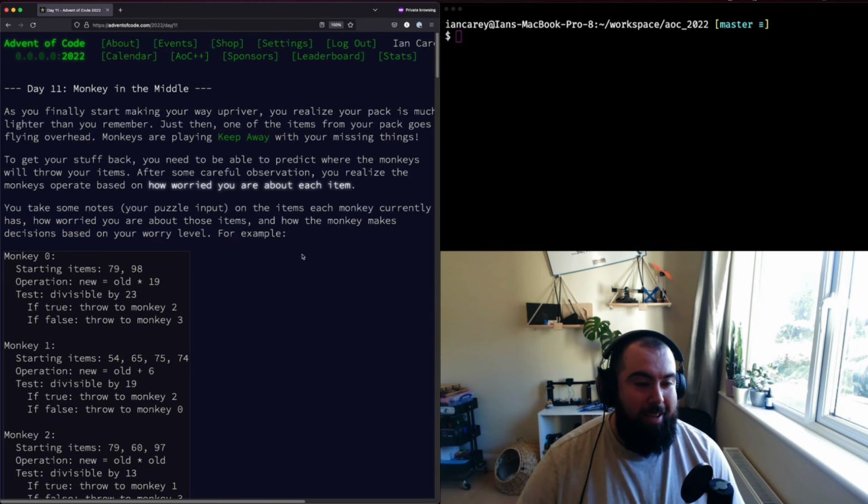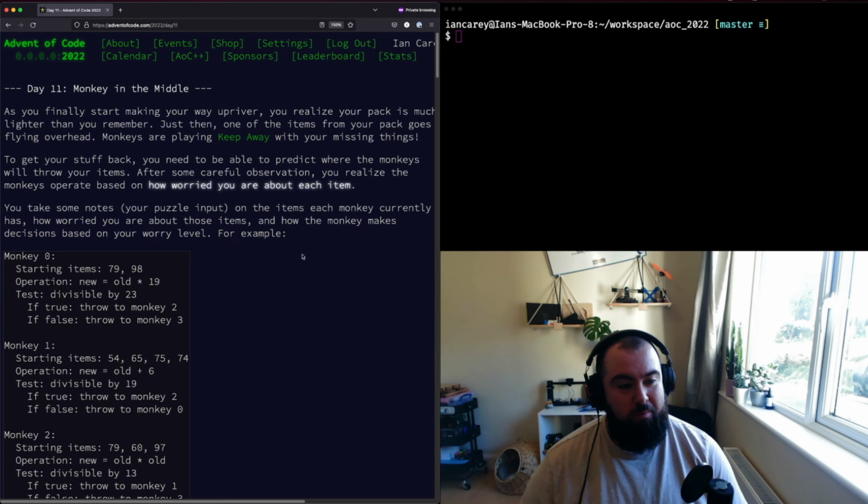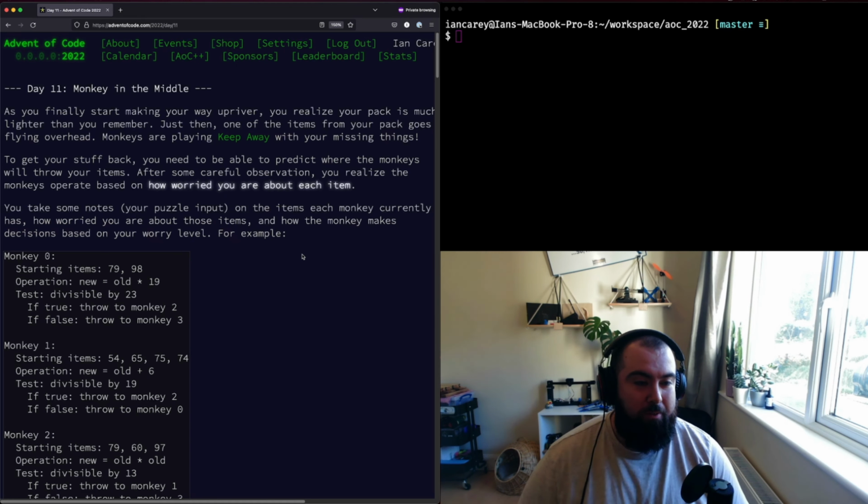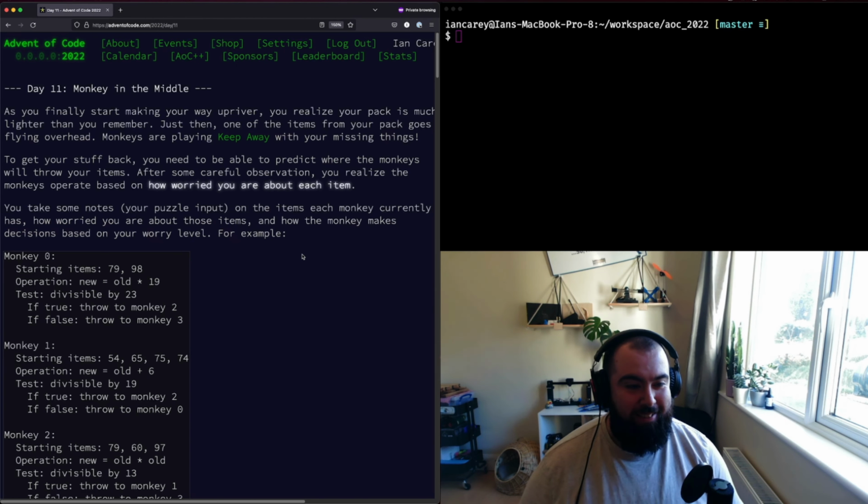Now, today's problem I have some kind of mixed feelings about. The first part of it, as you go through it, seems relatively straightforward. It's kind of fun, it's not super complicated. It's a little bit wacky and it's just a fun one to go through. I thought my solution for how I structured it is quite elegant and it works out quite nice, but then